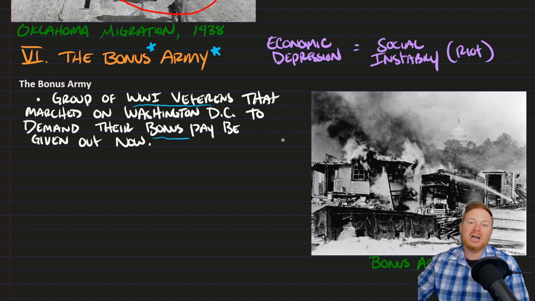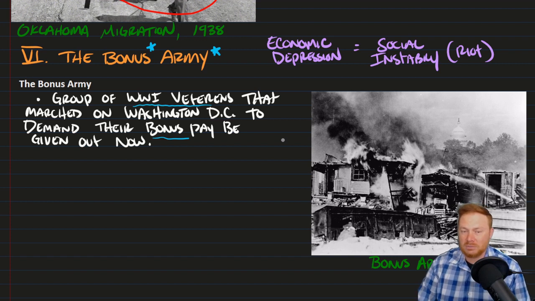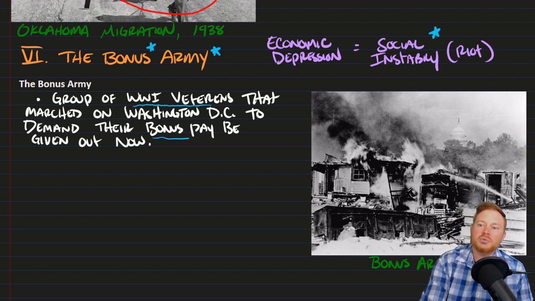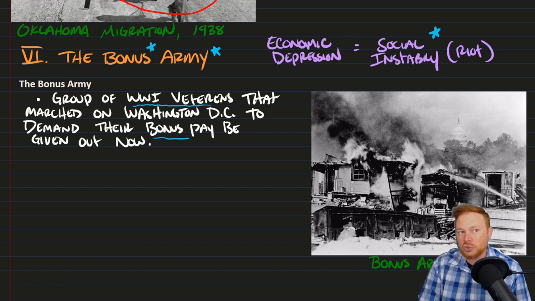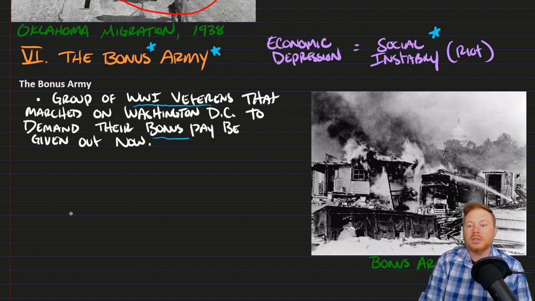By the time they actually got to Washington, D.C., those 5,000 veterans turned into like 10,000 just disaffected people, right? These were people who had lost their jobs. They may not have been necessarily veterans themselves, but they went to Washington, D.C. And this was, at least in the eyes of President Hoover, the making of perhaps a very troubling situation. Well, to make a long story short, not only did Congress shoot down the idea of giving them their bonus pay, so Congress voted no, they would not get their pay early, but Hoover